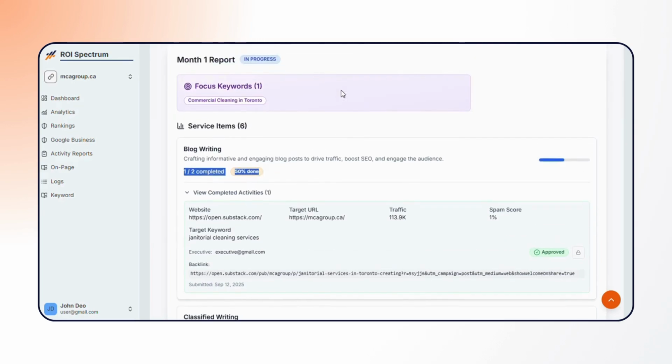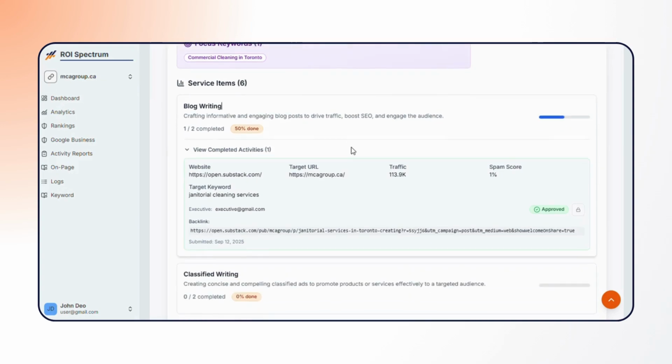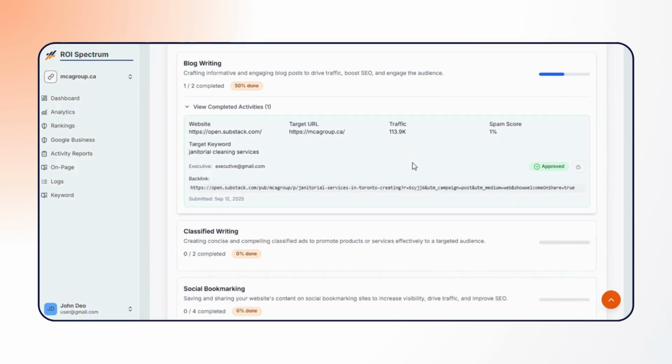Now let's take a closer look at the detailed view of monthly activities. Here, each service item expands to show completed tasks, their details, and approval status. For example, under blog writing, you can see that 1 out of 2 blog posts has already been completed. That's 50% progress. Clicking on View Completed Activities reveals important details like the website where the content was published, the target URL it links to, the traffic potential of that page, and the spam score, which ensures the quality and